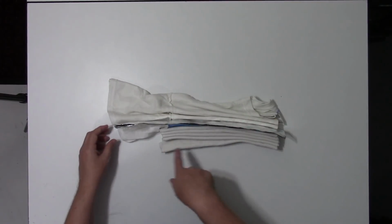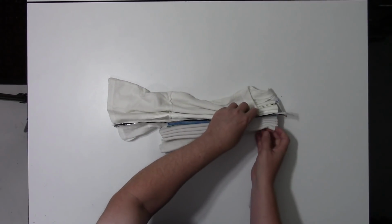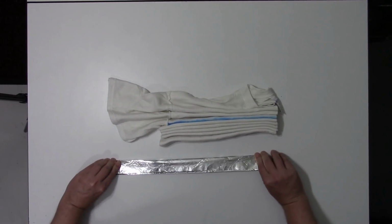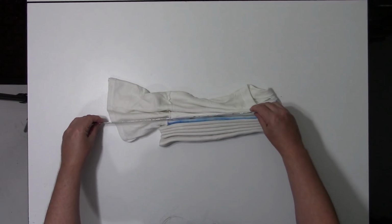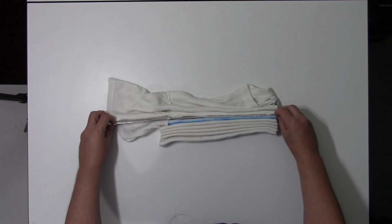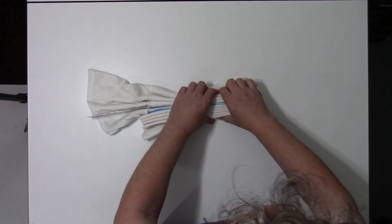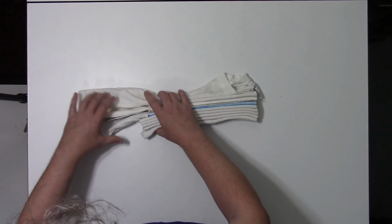Kind of a personal choice, but I'm going with more stripes than blue. So you kind of mark how tall that is. Fold it over. Get that to be roughly the right size. And I'll slip this back in here. Now it's not going to keep everything away from each other, but it should do a pretty good job. And it'll allow me to fold or add the sinew. Alright, so